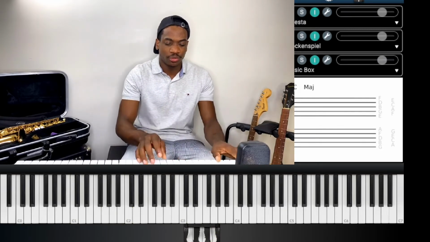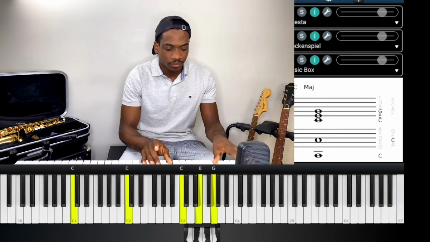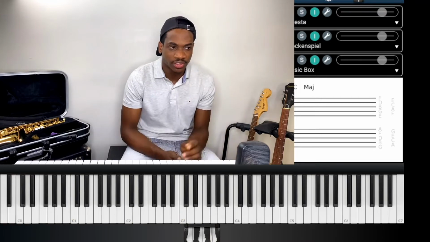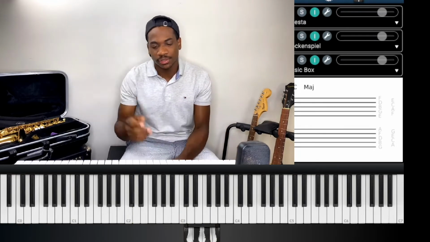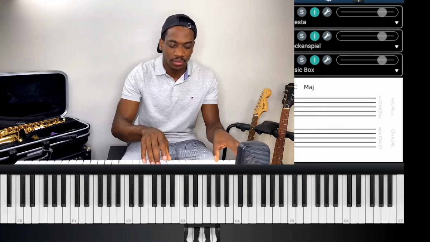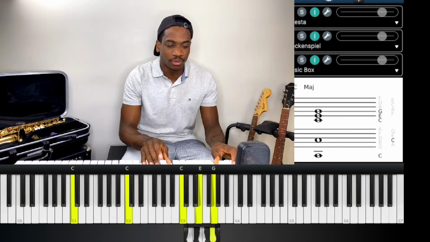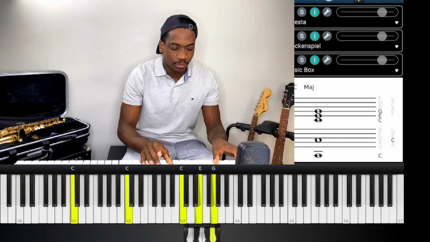So this is what you do. So this is where you go. You go on the left hand, play your first simple. On the right hand, play your first simple. So this is it. Then now the next step is to play your second simple on the left hand and play your second simple on the right hand. So you go first simple,